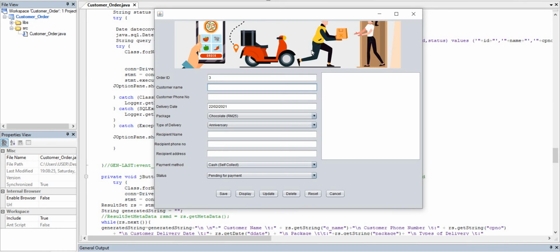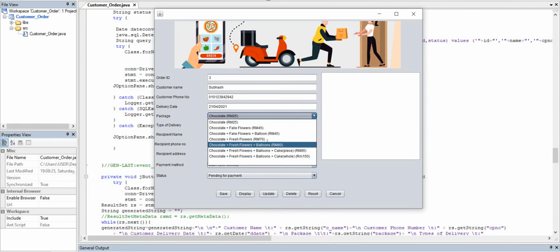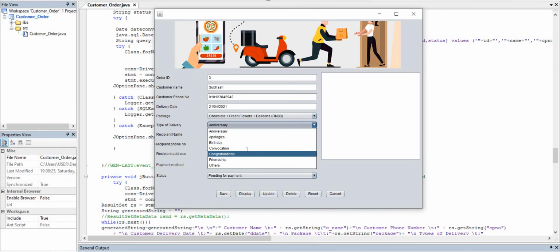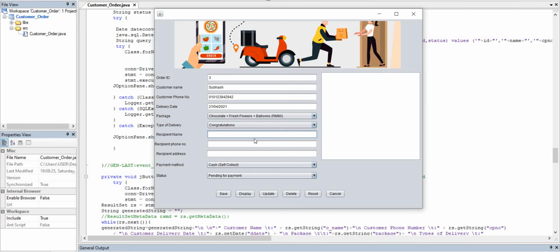Okay, first we enter ID and customer name. Next, phone number, and choose any other day. Here in package we can choose anything, and then type of delivery also, and the receipt name, and phone number and address.